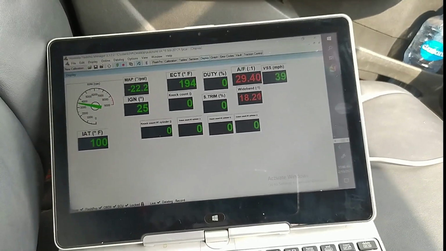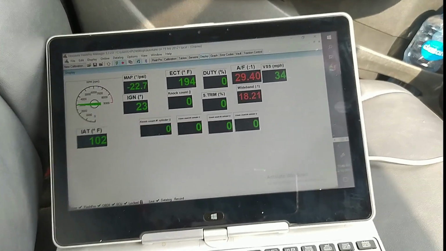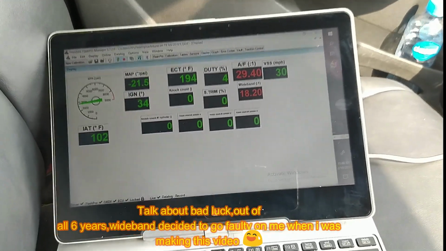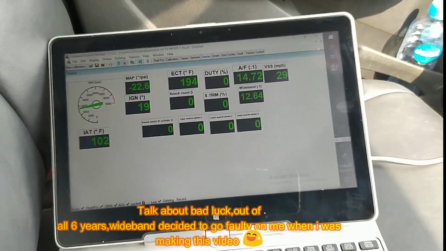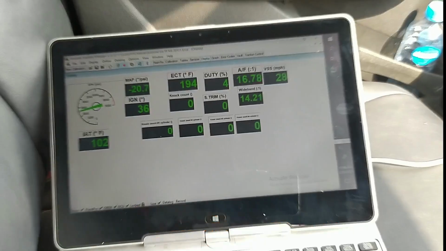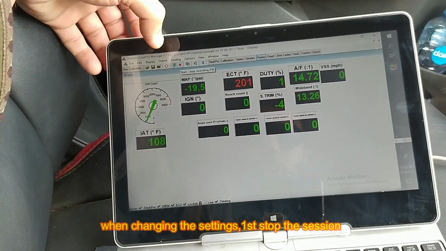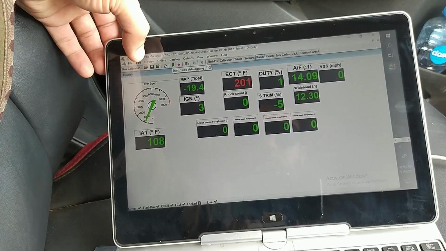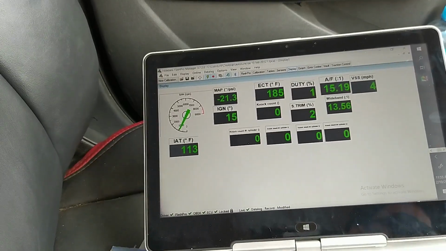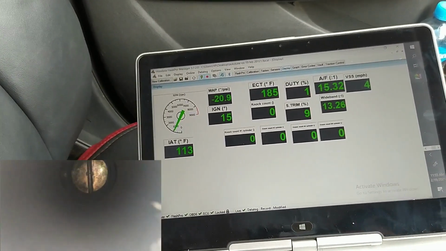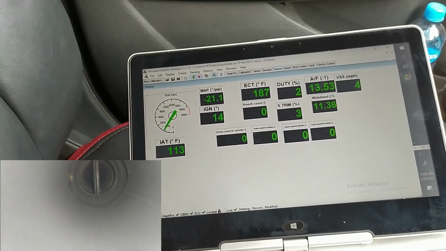It was again very rich in second gear, but it was making the changes. So first I will stop the auto tune, then I will stop the recording, then I will stop the live map, okay? Another thing, I forgot that I have my exhaust butterfly valve closed right now. Now I will open it.